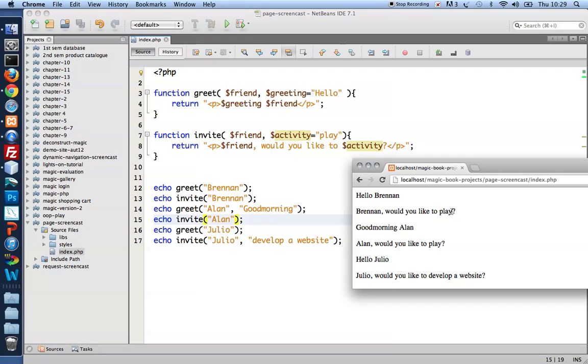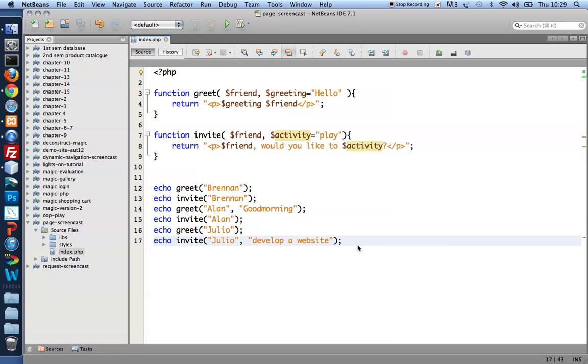So Brennan, would you like to play? Alan, would you like to play? Julio, would you like to develop a website? So that's covering a lot of ground. Function declarations, function names, function parameters, optional parameters with default values, return values rather than echoes, but I'd like to